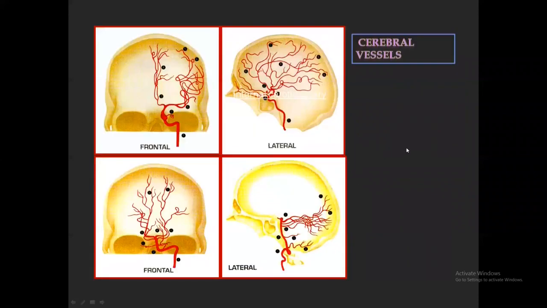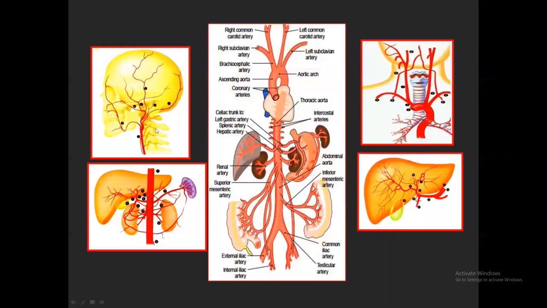Another important aspect is that a technologist who works in a DSA lab should have a basic knowledge of the vascular anatomy. That is important to annotate or to see what the pathologies are. You should be familiar with the vascular anatomy. Here you can see a frontal angiogram of the carotid artery. This is a lateral view. This is a vertebral artery angiogram, and this is a lateral view of the vertebral artery. Here you can see the external carotid artery, then hepatic and splenic, and all other visceral angiograms. You should be familiar with all these things.